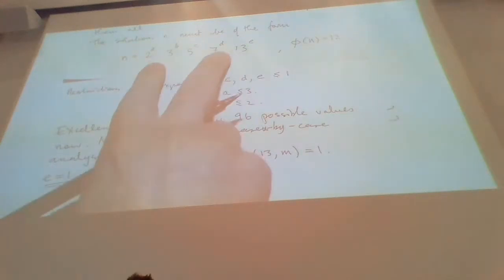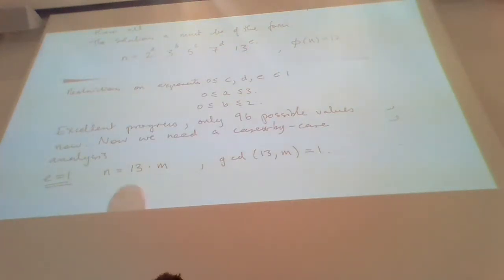So in other words, the m, the complementary factor to 13, is going to be co-prime to 13. And here's an application of another property of the phi function, the multiplicative nature of phi. So phi of n here is going to be phi of 13 times m. But these are co-prime, so this can split up now. It's phi of 13 times phi of m,